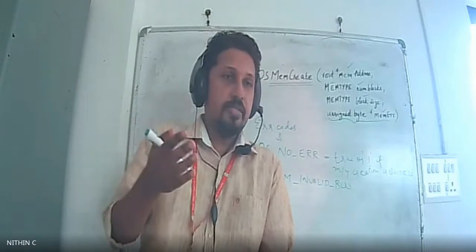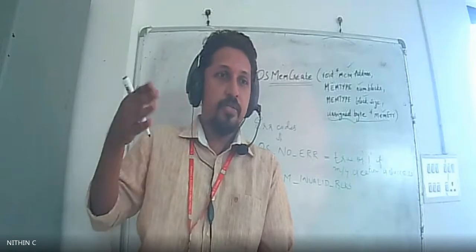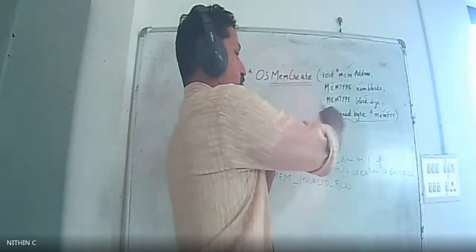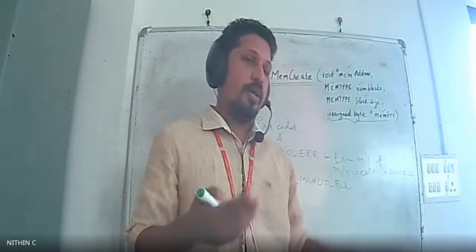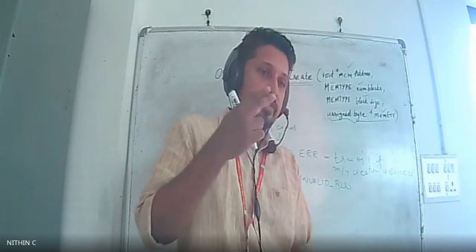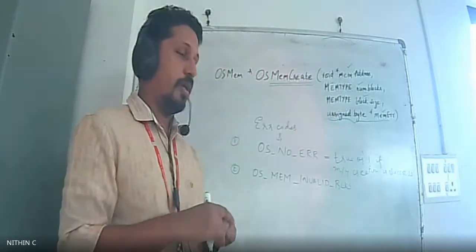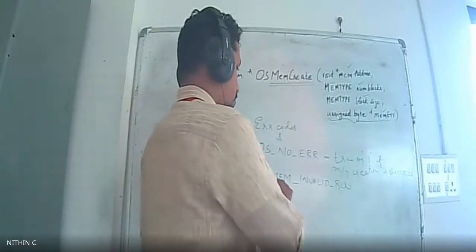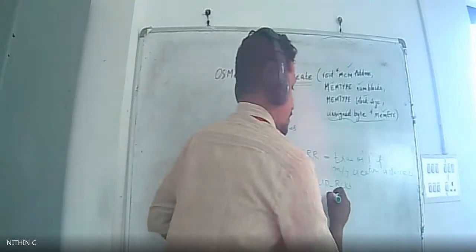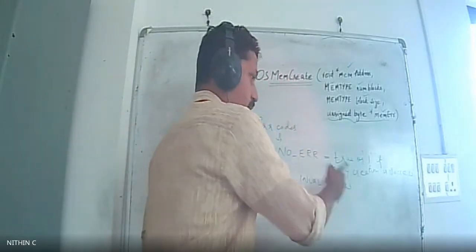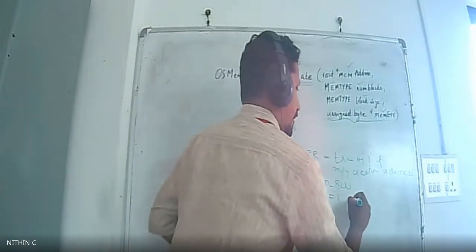We need to partition in the sense we need to divide it in more than one way, right? When you divide into more than one, it's called partition. So this function is actually for creating partitions within the memory block. So that value, that is the number of blocks value, has to be 2 or more. If that value is not at least 2, then you will get an error. So OS memory invalid blocks, when does this error occur? This value will be 1 if